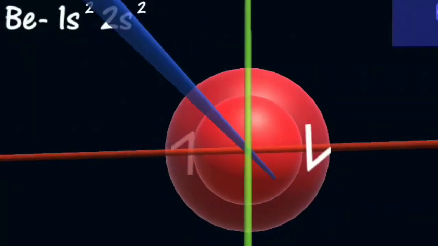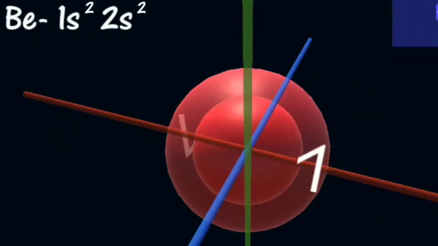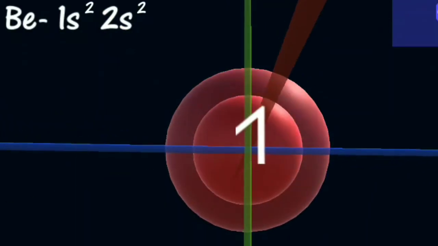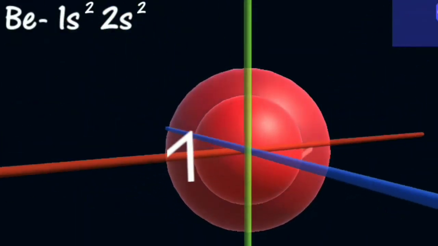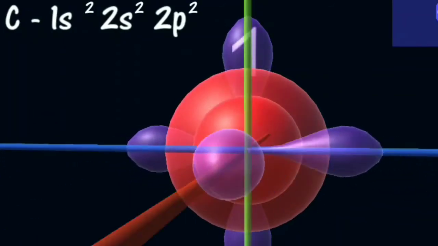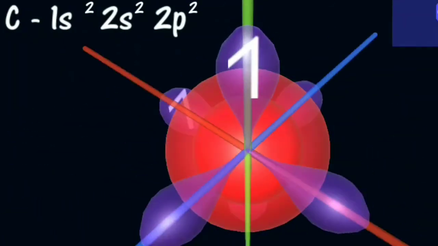Easily you can imagine. Now we will see some examples of different atoms with their electronic configurations. In this we will see inner orbitals as well as their valence shell orbitals also. This one is the configuration of beryllium, 1s² 2s². You can see the dark ball inside. This one is 1s² and outside there is 2s². This one is carbon, 1s² 2s² 2p².